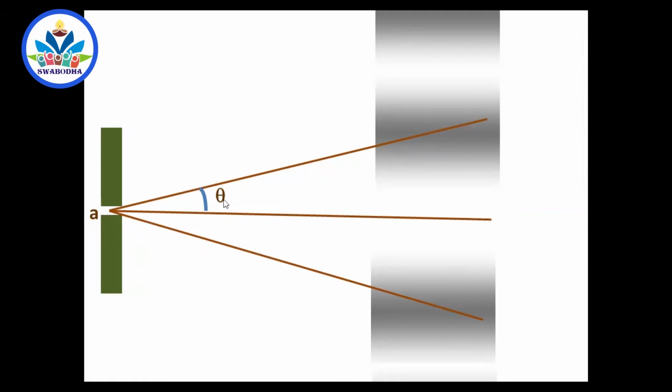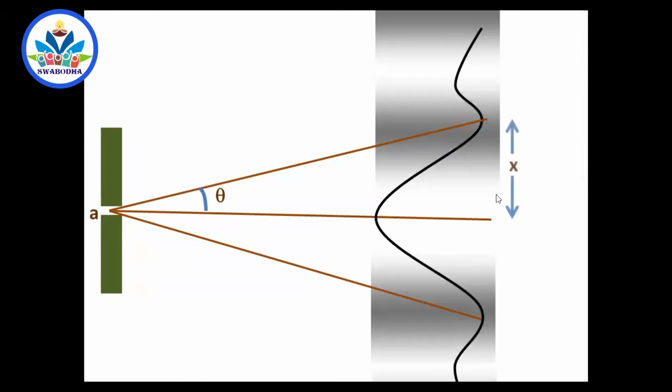So take theta here. Again, I would like to remind you that even though you are finding the angular width of the central bright fringe like this, you are going to apply the condition of dark fringe. So how does it actually look like? It is like this. So this is the width of the central fringe. A sin theta equal to n lambda formula you are going to apply, because we are going up to the,